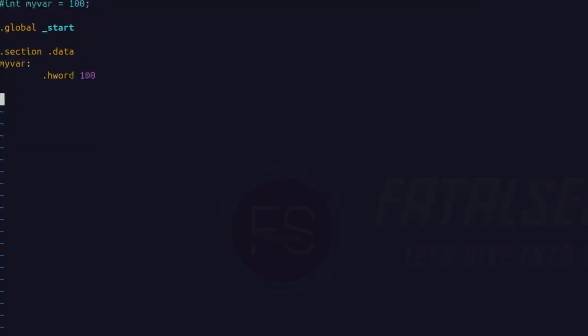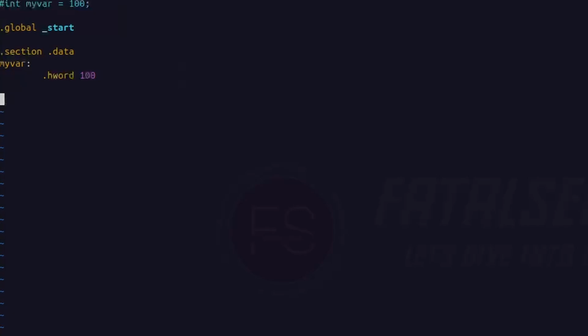So you must be wondering that this data we have hard coded into the binary, how will this be stored in the memory? Well, when we execute any binary or executable, the whole executable gets loaded into the memory by the operating system. So when we execute this binary, this data section will be there somewhere in the memory. Okay. However, this is not it. We have to tell the CPU where in memory this data is stored so that we can use it later